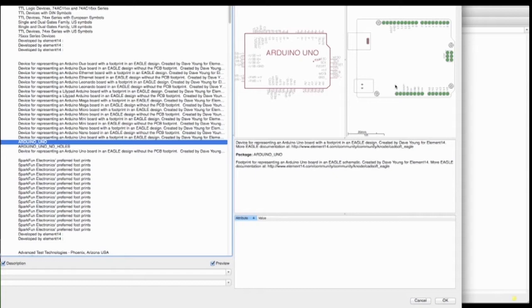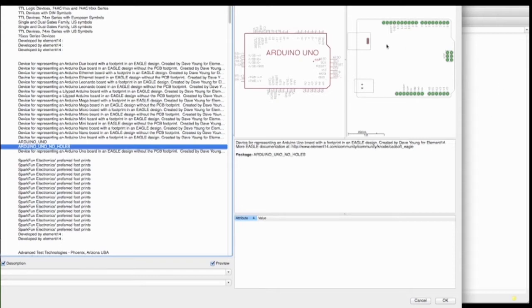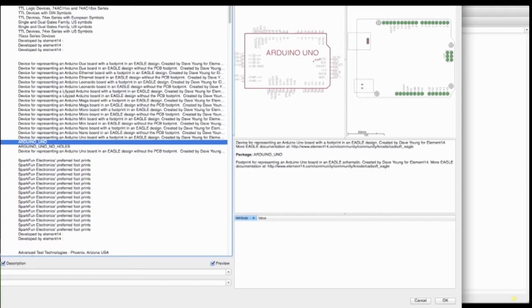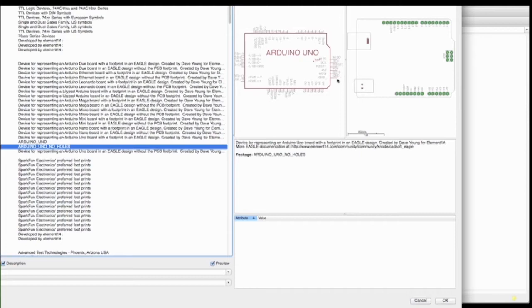And when you design the libraries, let me go over here. Example, here's the same Arduino with a different no holes thing right here. So you see what changes on the right. See the drill holes are here, and when you go to no holes, it's there, but this change stayed the same. So basically this is a different package, and I'm going to demonstrate this package concept when we get done